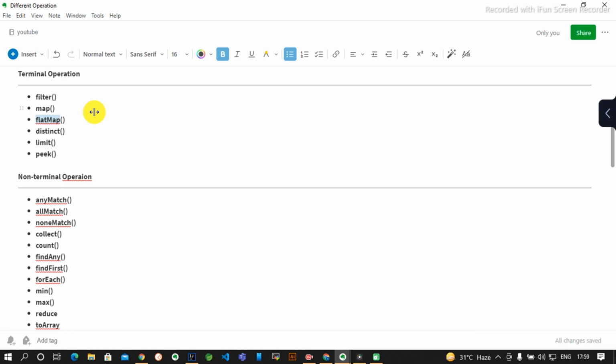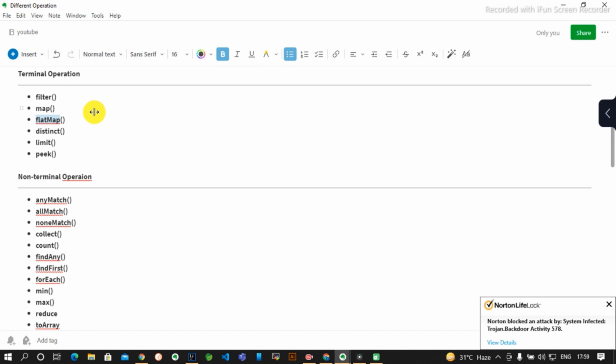The behavior of the map method is to produce one output for one input value. That is why it is also called one-to-one mapping. Whenever we have a collection and we perform a map operation, if we provide one input value, it will produce one output value also. This is called one-to-one mapping.